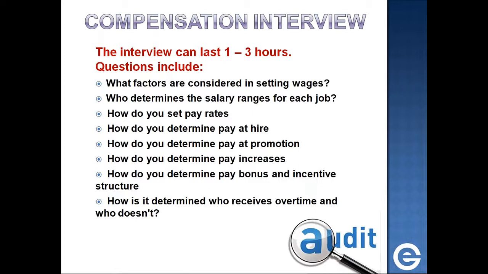How do you determine pay at promotion? How do you determine pay increases or cost of living increases? Do you include merit increases? Do you attach them to your performance review? Do the managers understand the metrics in the performance review evaluation process? Next, how do you determine pay, bonus, and incentive structures? And how is it determined who receives overtime and who does not? So these are all sample questions of the OFCCP compensation interview.